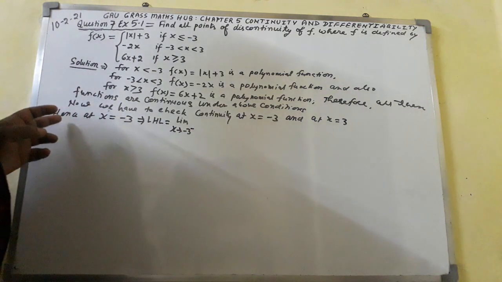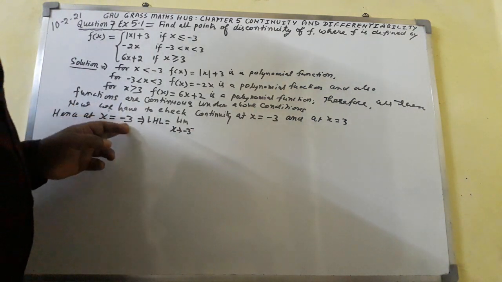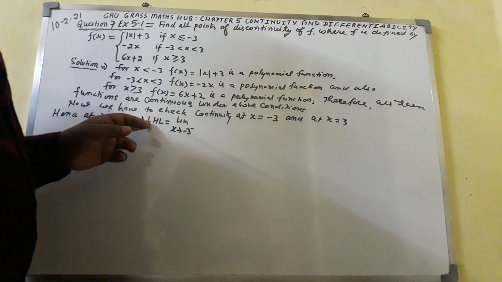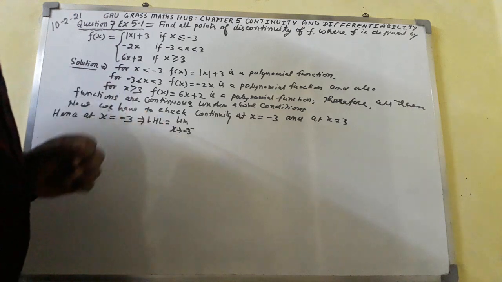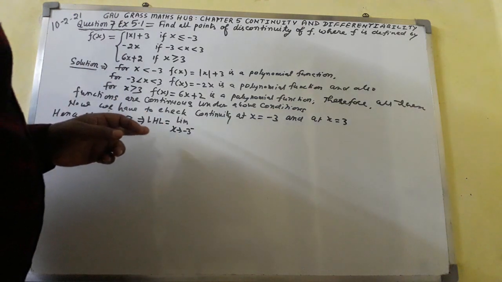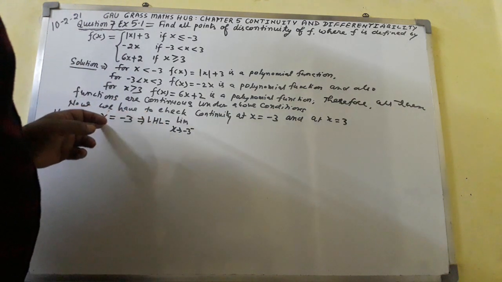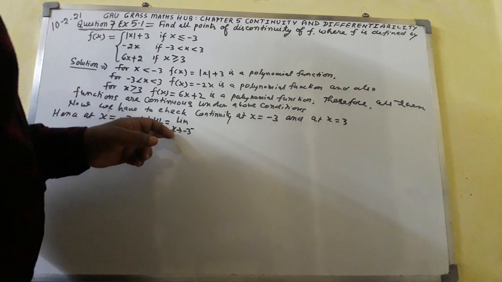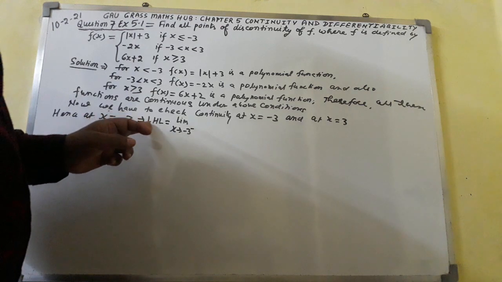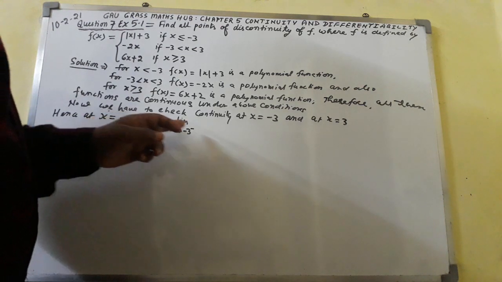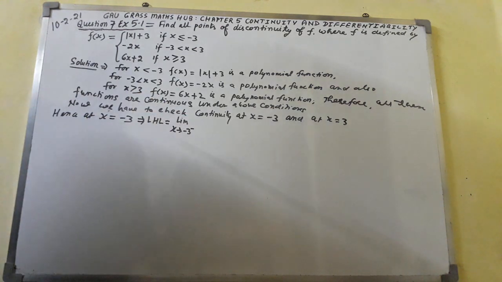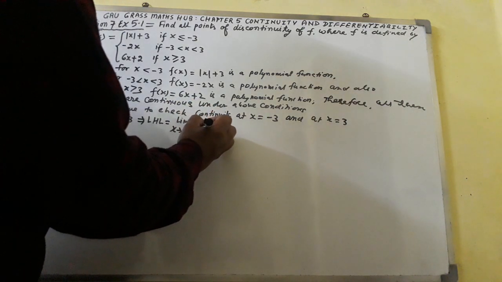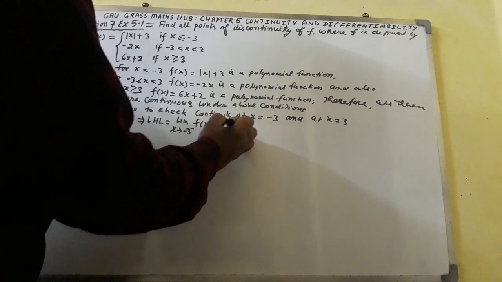Here you can see at x equal to minus 3, you have to check the value of the left hand limit. Since x equal to minus 3 is written, here I shall write f tends minus 3, and since left is written, I write negative. F of x comes out to be